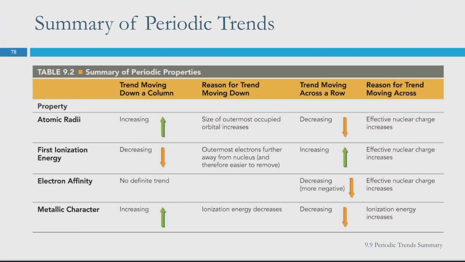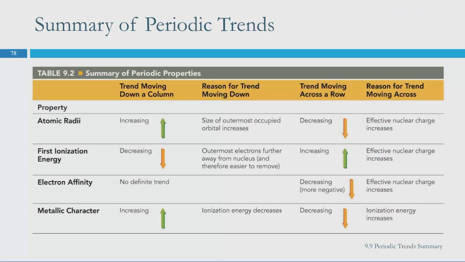Cool. Here's a summary of periodic trends. There it is. I don't know why they didn't just put in like left and right arrows, but when you're moving down a column, for atomic radius, it's increasing. Metallic character, increasing. If you're moving across a row left to right, atomic radius decreases because of that change in